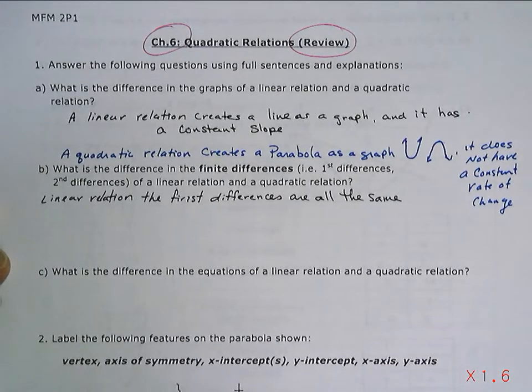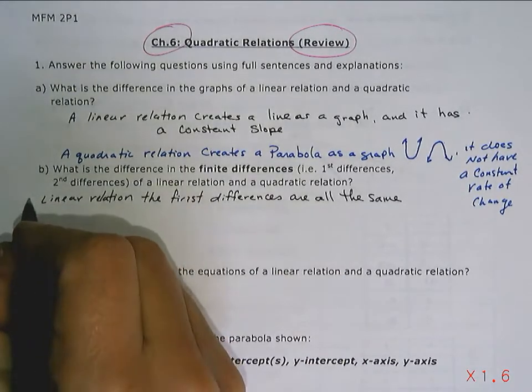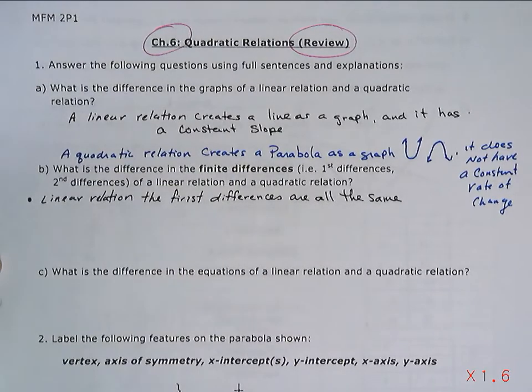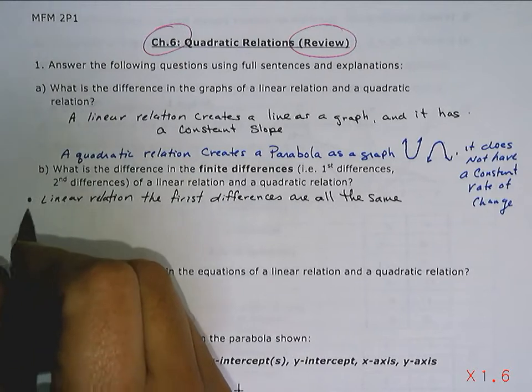And that's where you stop. Because once you figure out that the first differences are all the same, you know that you're dealing with a linear relation. However, a quadratic relation